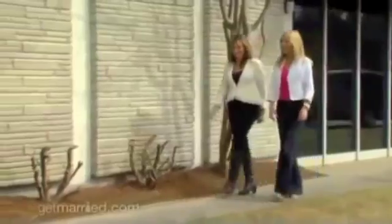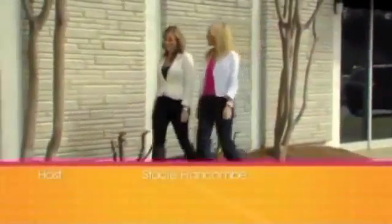With Get Married's help, I think Sabrina now has an image in her mind of what her reception will look like on her big day. It's been such a great experience. I feel like I can leave